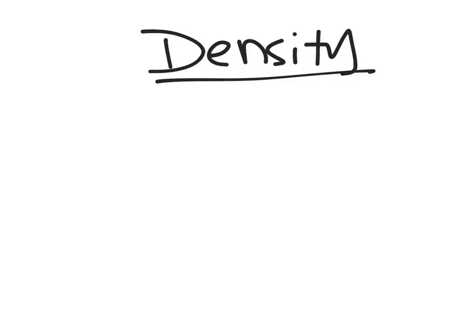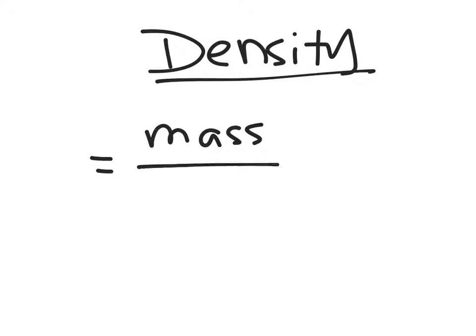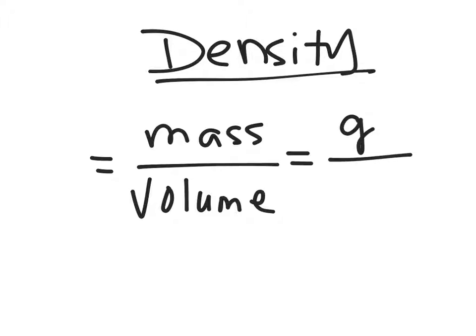Okay, since all matter has mass and takes up space, it can be characterized by a property called density. And density is equal to the mass of that matter divided by the volume of space that that matter occupies. So that means it has units of mass in the numerator, which is grams, and units of volume in the